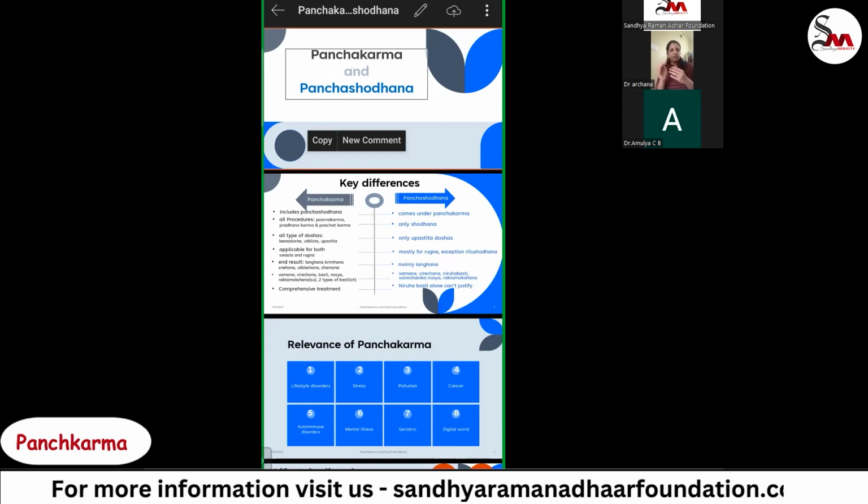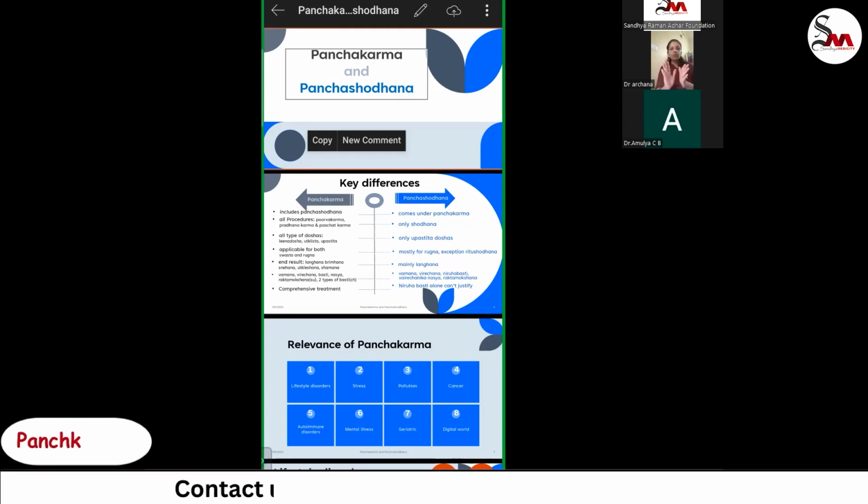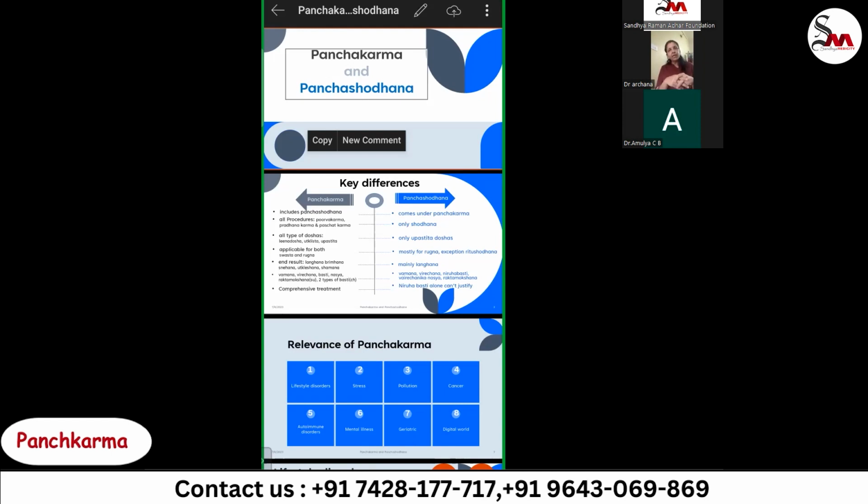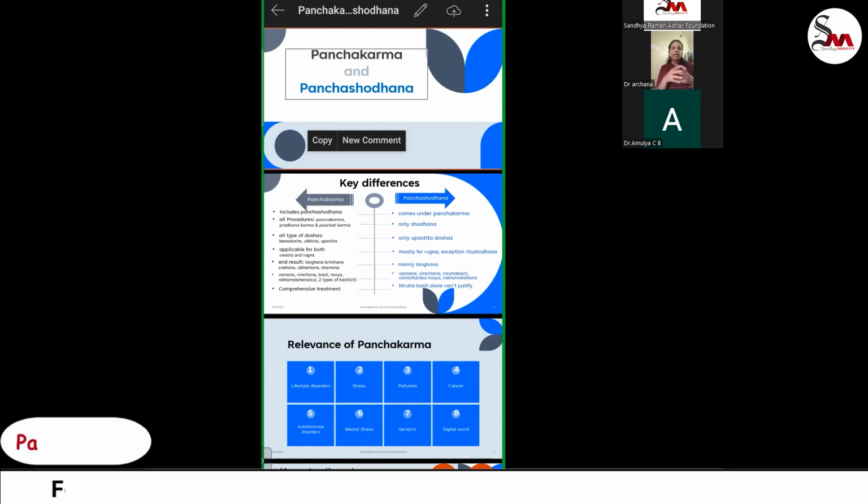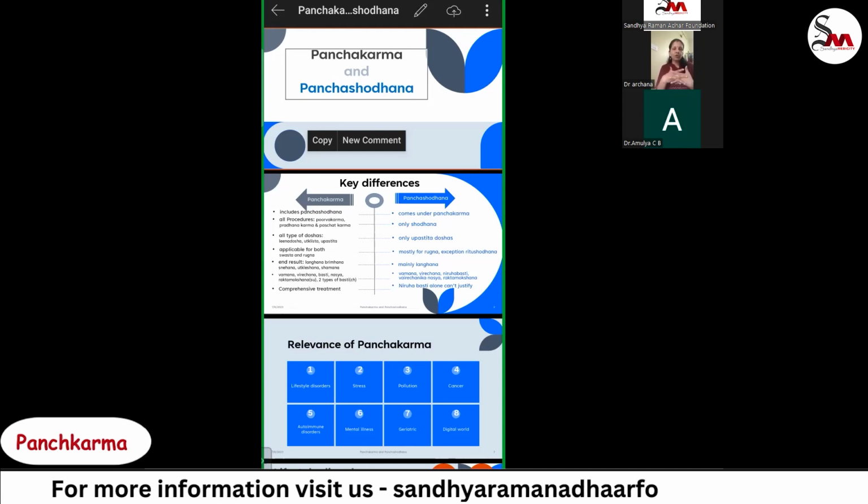But Panchashodhana is mostly done for Rugna, and Rutu Shodhana also comes under Panchashodhana, no doubt. But Panchashodhana is done for Rugna majorly, and Panchakarma can be done even if the patient comes to you and says that I want to go for purificatory procedures, you can do it, but Shodhana always has to be